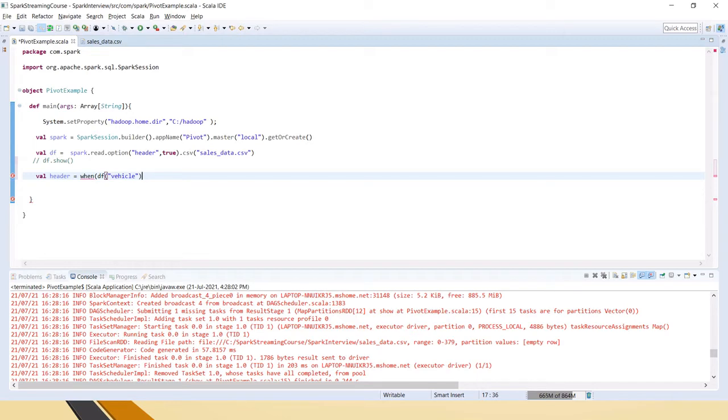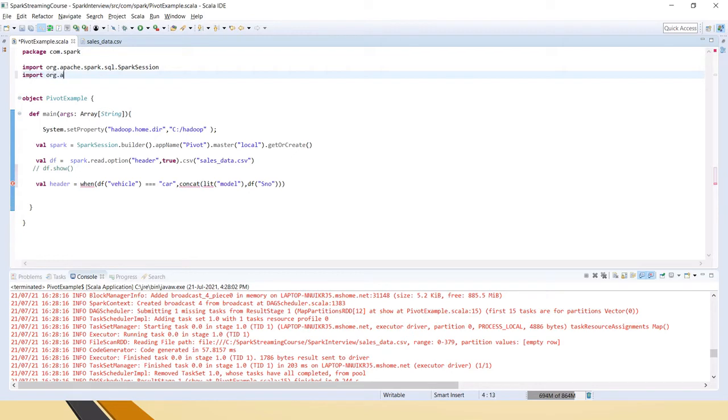So if the vehicle equal to car, then what we have to do is concat literal value model, comma, with what we have to concat is we have the serial number. Okay, we have to import the functions.